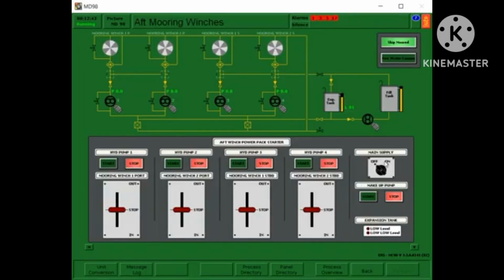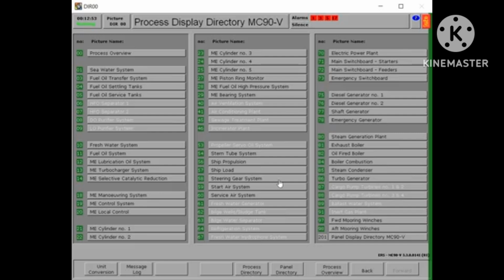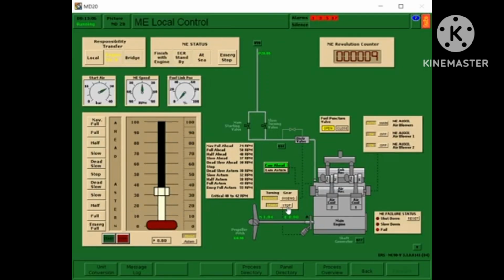And also we need to turn on and start the mooring winches. And then we need to go back to MD20.